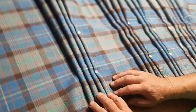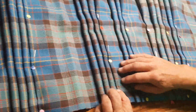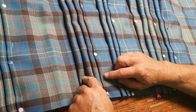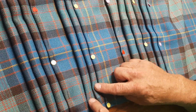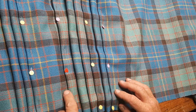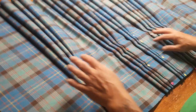First off, pleating to the yellow stripe. Second, pleating to the red stripe between the brown and the blue gray. Third, pleating to the red stripe centered on the blue. Fourth, pleated to the set. Now we'll back up a bit. There's several